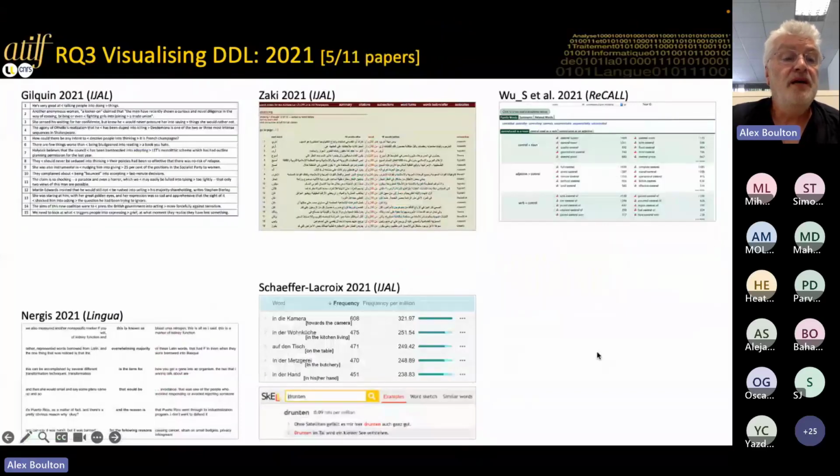Finally, 2021, the first three, Gilquin, Nergis, don't know how to pronounce that, and Zaki, were all using printed materials. 3 out of 5 of them, back to printed materials. But not just regular printed materials, maybe in the case of Nergis, but in Gilquin, you probably can't see, it's probably too small, but in the chevrons, you've got different items. It's talk someone into doing something, or persuade someone into doing something, pressure someone into doing something. It's all different ways in complete context.